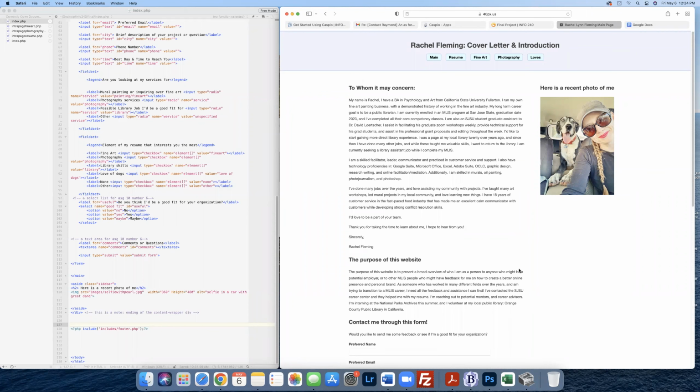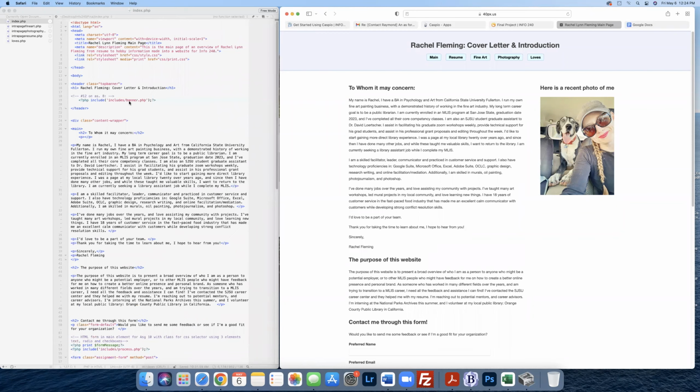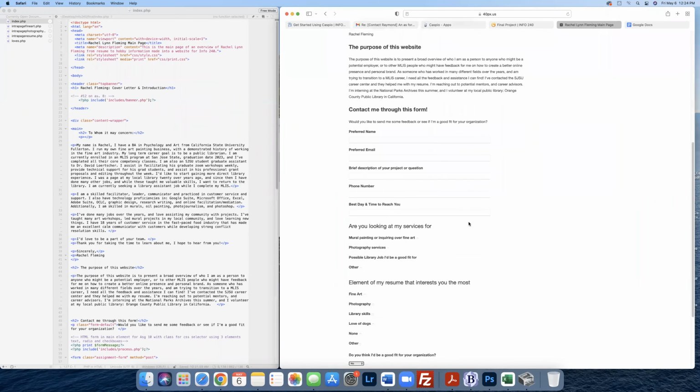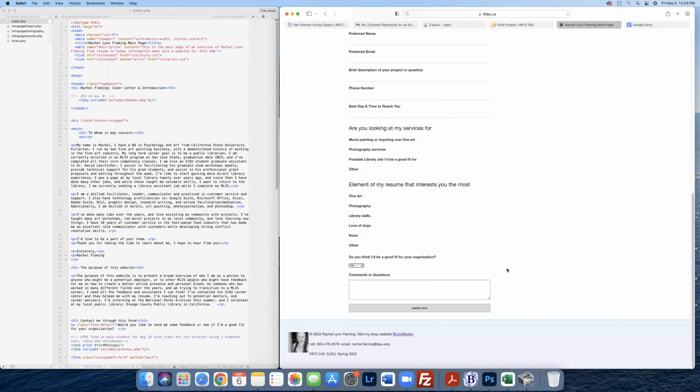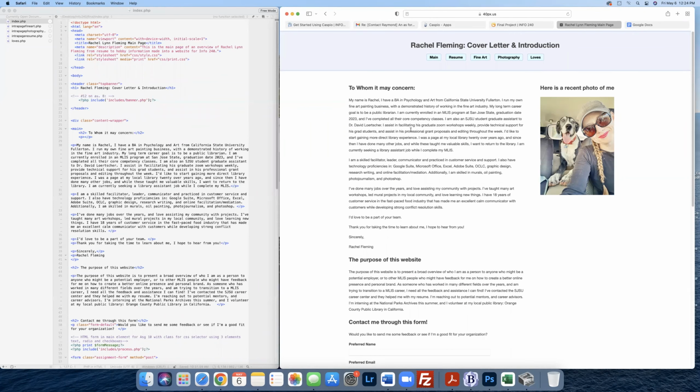So this is my home page right here. And this over here is my actual HTML for it. And then we had to input a form. So this is the form that I put in, which you can submit down here at the bottom. And we had to be able to put in images that were going to be on all the pages. We had to be able to use PHP and